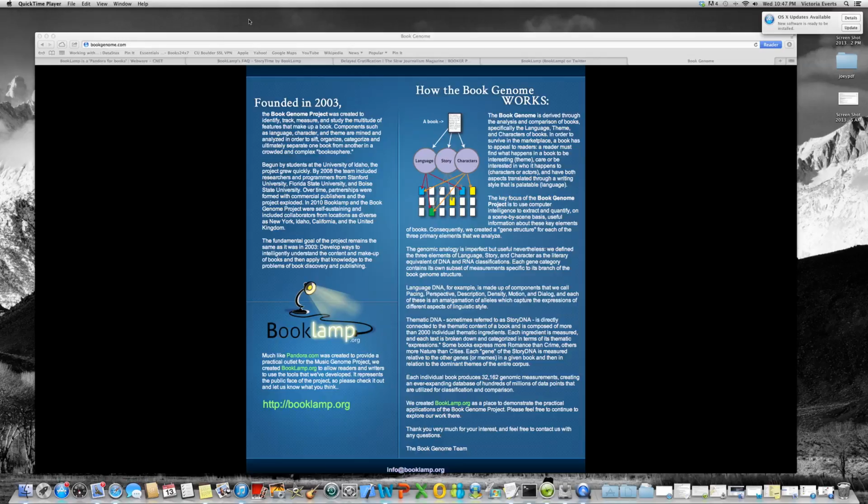the Book Lamp project and the Book Genome Project, trying to understand how we can categorize and suggest books in a similar way that we do with Pandora and music. And I was talking to my boyfriend who's in comparative literature, and he was interested in this as well, and